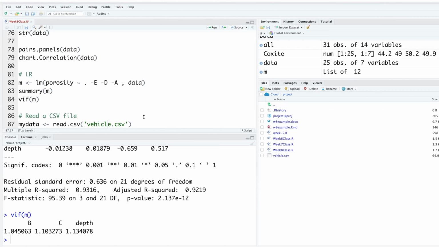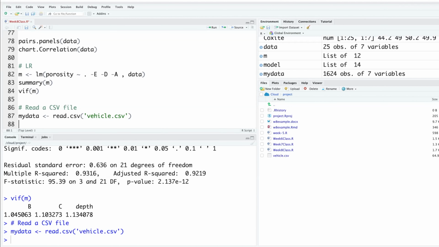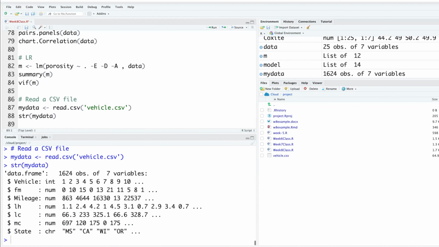So when I run this, and then if you do str my data, you can see that this data set has 1624 observations in 7 columns. The variables in which I'm mainly interested are LH, LC, and MC. This is actually data from vehicle failures, and LH is labor hours, how much time it takes to repair a car.